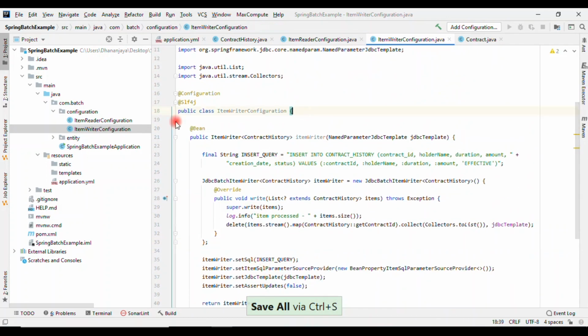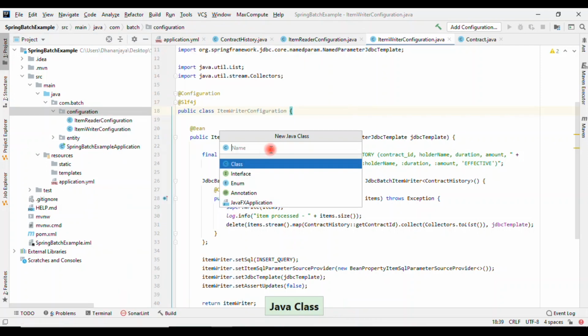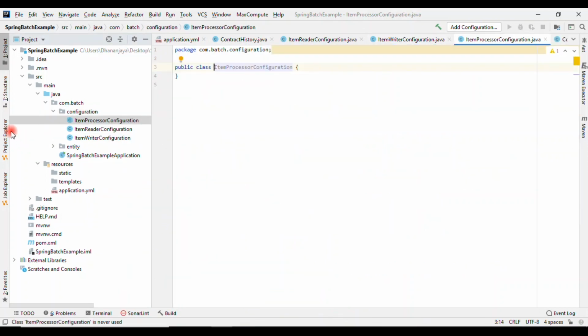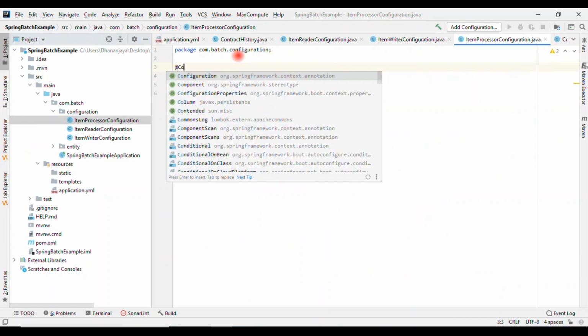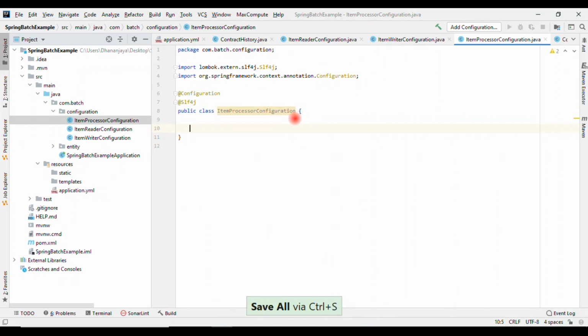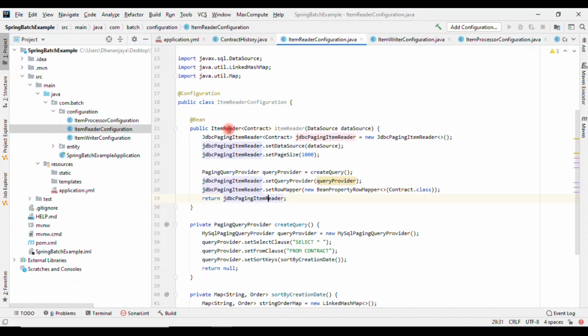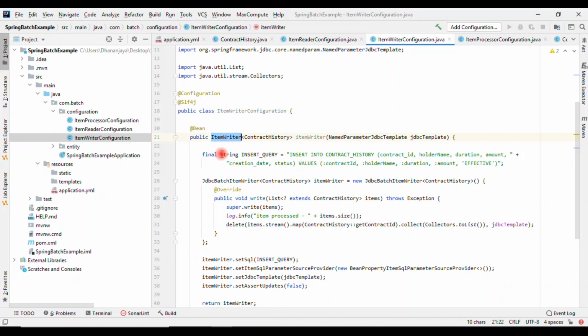Now let me write the processor now. So inside the processor, what I need to do, I need to annotate this with @Configuration. So we need to expose a bean of item processor. Okay. If you see in item reader, we are exposing a bean as item reader. In item writer, we are exposing a bean as item writer.